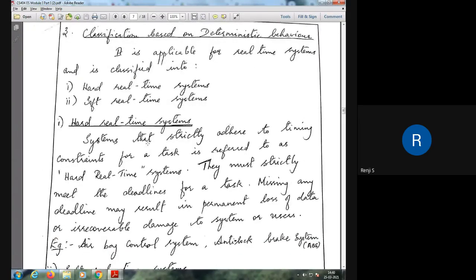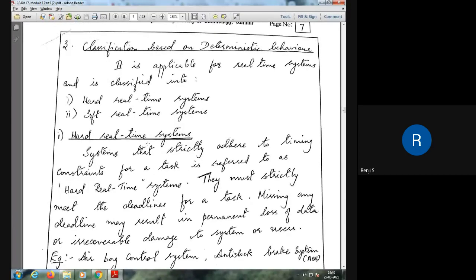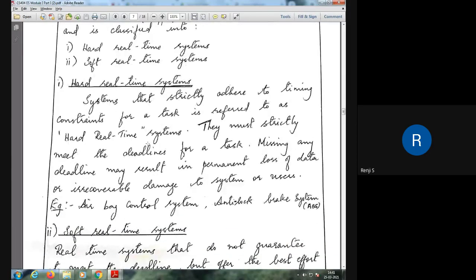The hard real-time systems strictly adhere to timing constraints. If the system should respond within a particular time limit, and it fails to respond within this time limit, then the system as a whole fails. So such systems are called hard real-time systems. Missing a deadline may result in permanent loss of data, or it results in irrecoverable damage either to the system or to the user. Such embedded systems are called hard real-time systems, and their examples are the airbag control